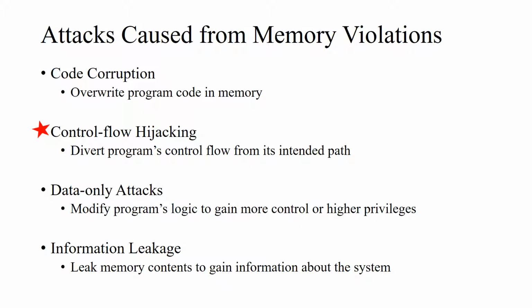By taking advantage of memory violations described, there are four categories of attacks that can be carried out. The first, code corruption attacks, as implied by its name, look to corrupt code by overwriting the program in memory. Control flow hijacking attacks modify a code pointer to cause the program to deviate away from its intended flow or to relinquish control over to an attacker. These types of attacks are of utmost importance as they are considered to be the most common type of software